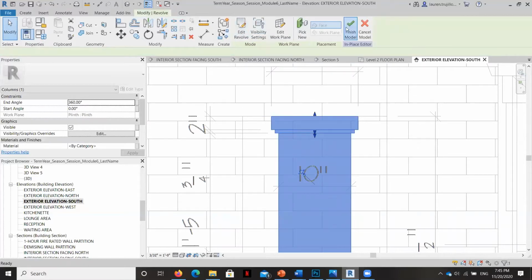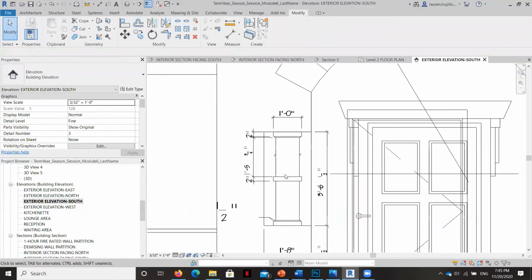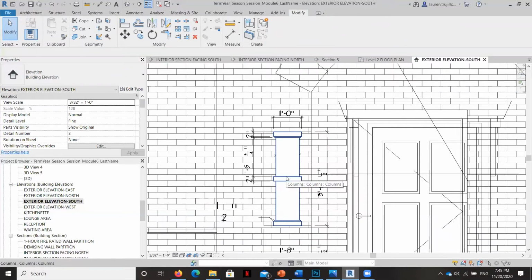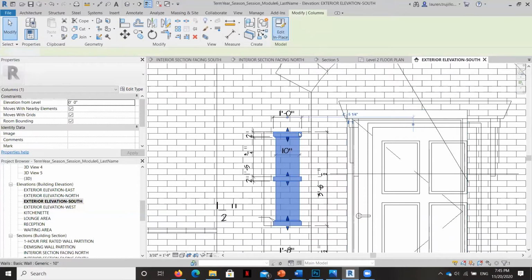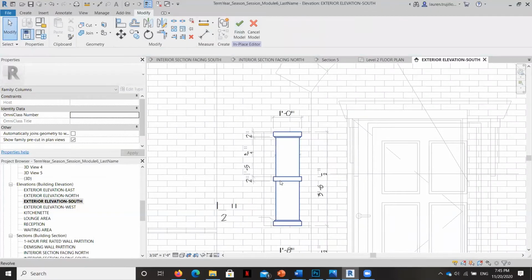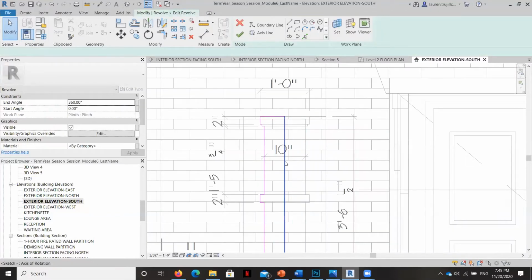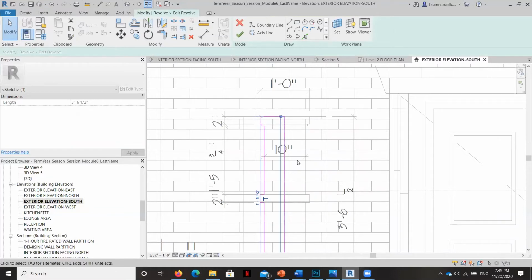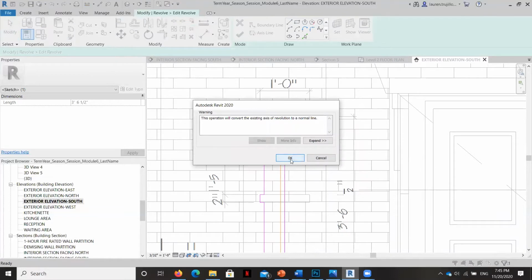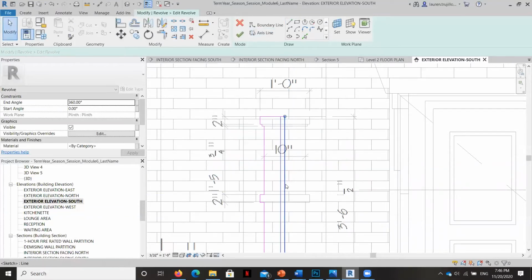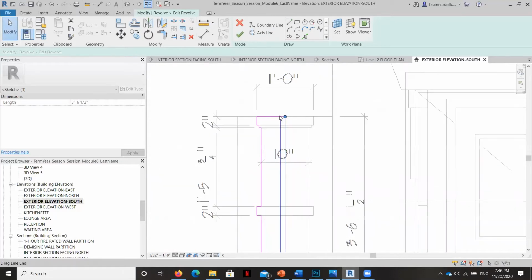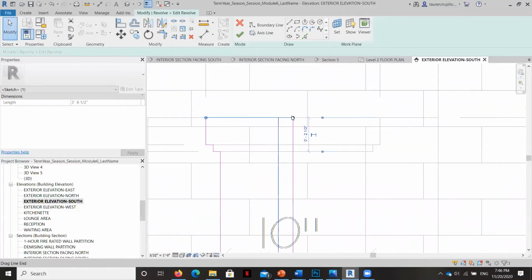Okay. Now, it's created this column here. But once again, if I were to edit this and I selected the revolve and I moved this over and I moved the axis line over, then I would still have to adjust this line so that it didn't overlap.